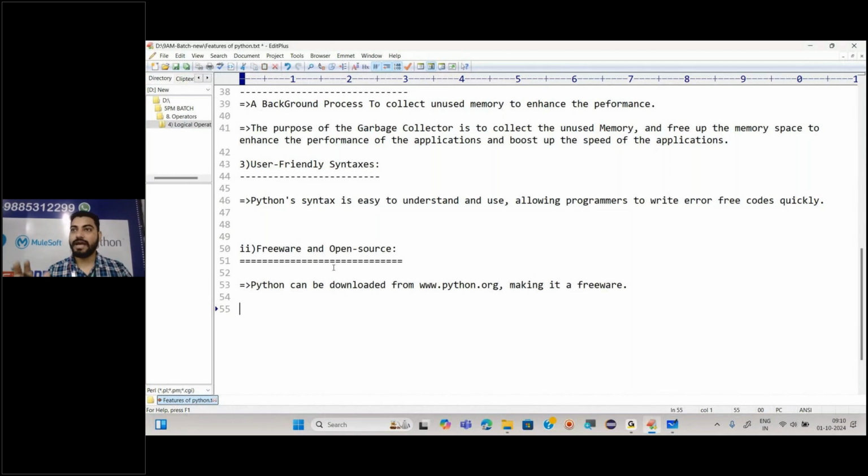No, you have to understand the meaning of open source here. Understood? So open source is nothing but something which we can use openly. The source would be open to every programmer, right? Open source. Open source software like Python is often customized